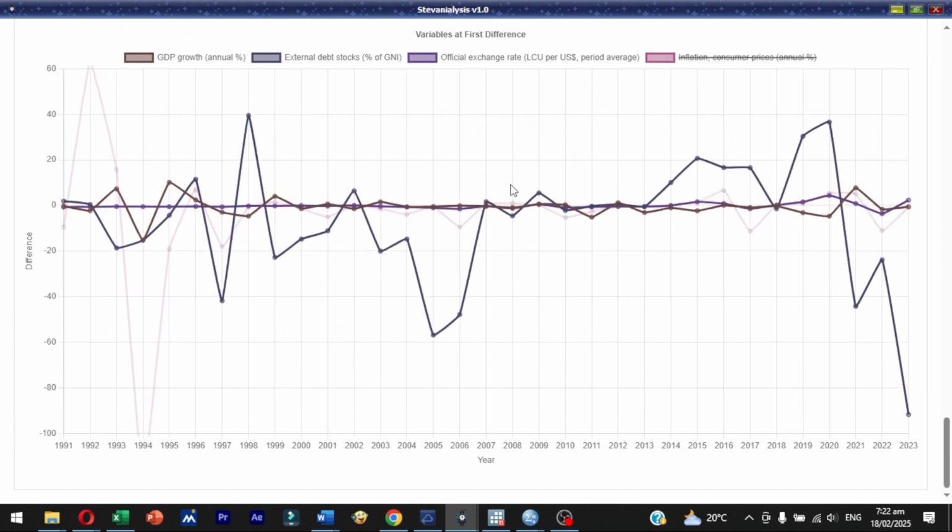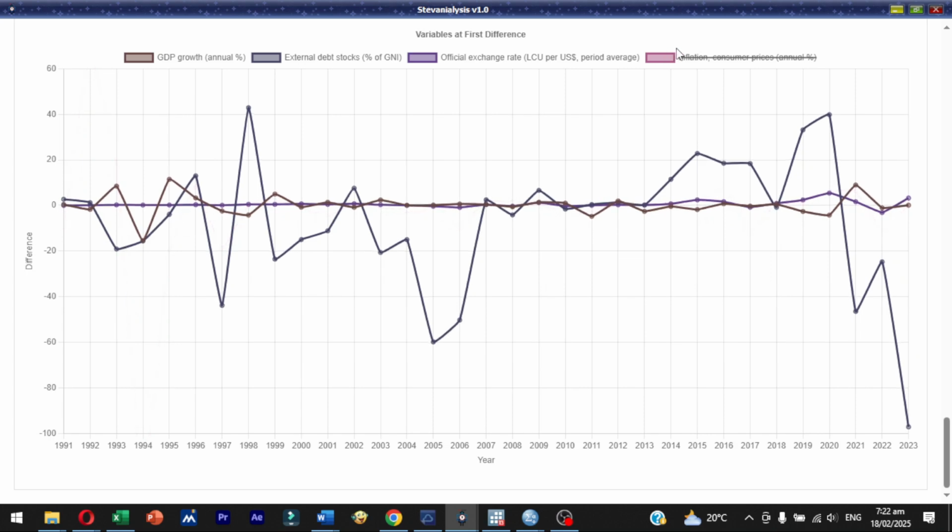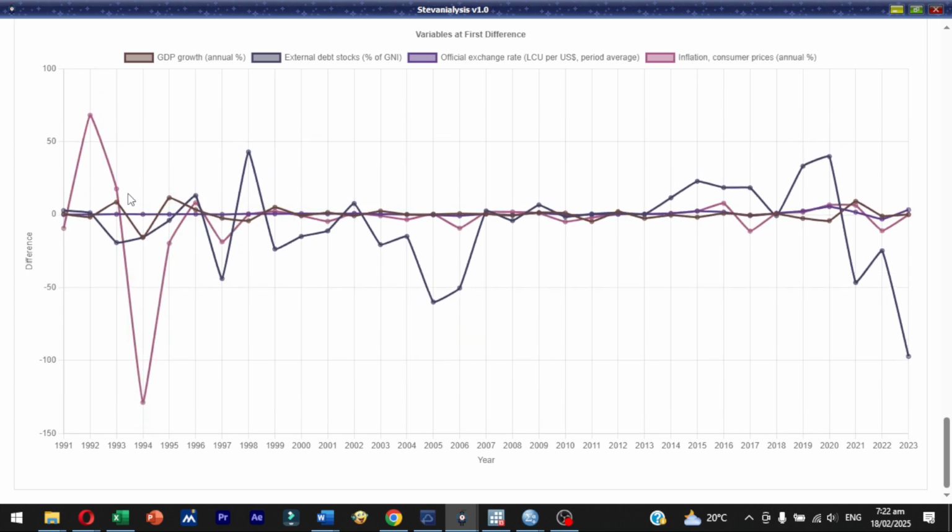No, this looks like it's inflation. Okay, yeah, it's actually inflation. Not very stable, but it does become stable over time. Then for external debt stock, okay, let's see, okay, it's there,